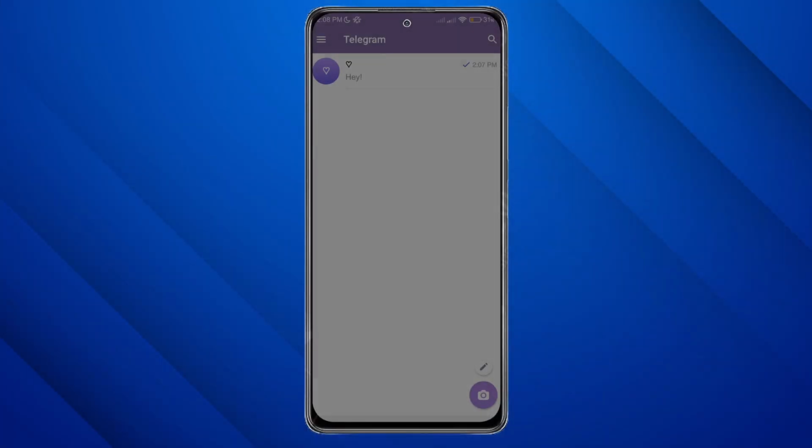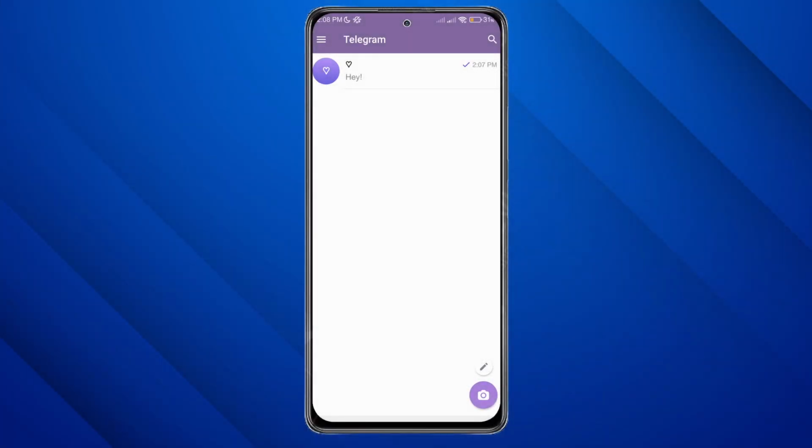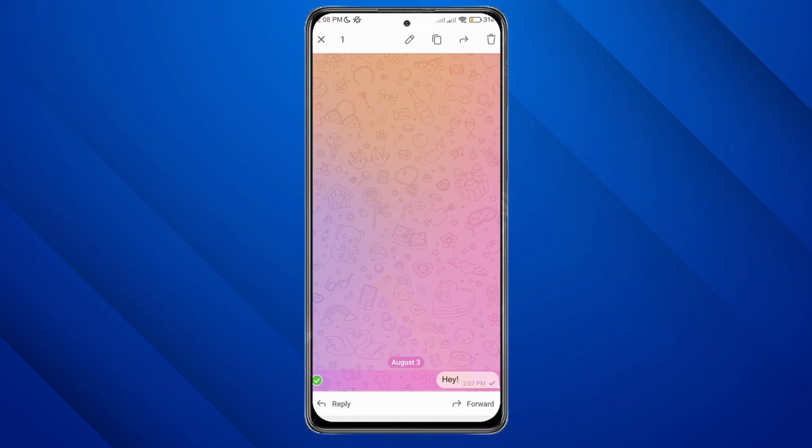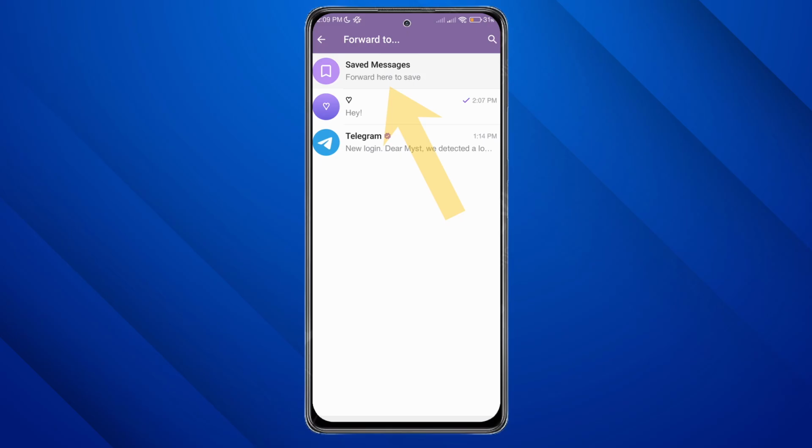Hi everyone, in this video I'll be showing you how to recover deleted messages in Telegram. So first, let's go to my messages and then make sure that we haven't saved the messages before. Now in order to save messages, long press the message and then click forward and then click saved messages at